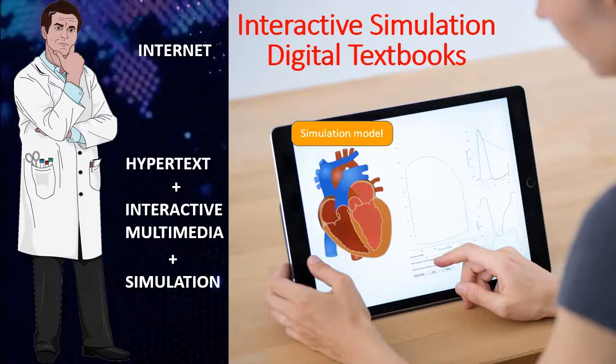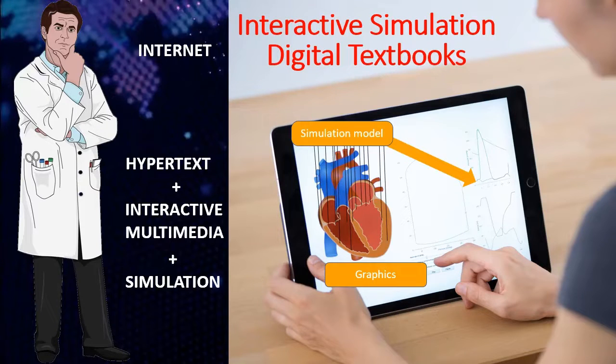The outputs of the simulation model can be displayed as graphs, and the simulation model can also be controlled by interactive graphics. The images can thus appear as a kind of puppet controlled by a model in the background.